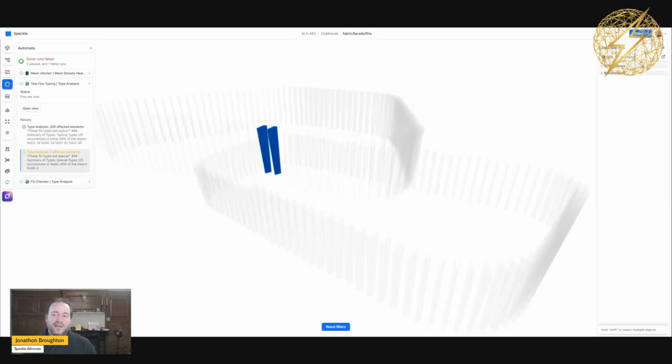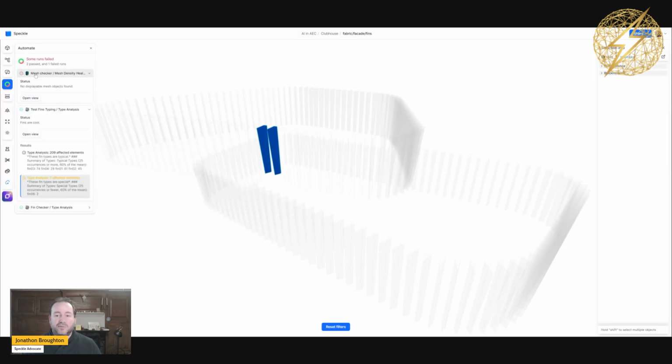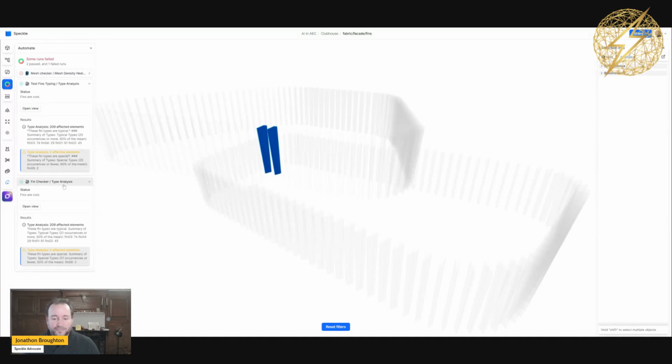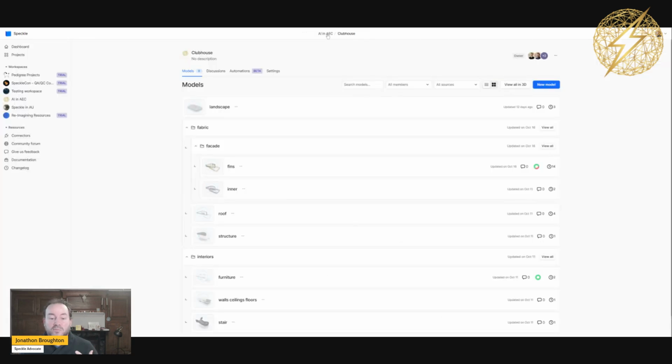So what's happened here is I've published a new model from, in this case, Rhino, and published that, and Automate in the background, you can see the little donut going on here. Automate has been running and saying, actually, yeah, there are some results to be looking at, and this is the outcome. So that happens to be one use case of exactly how Automate is being used to take that kind of grunt work, the boring checking work, out of your hands, so that you can be running it and get on with something else in your life.